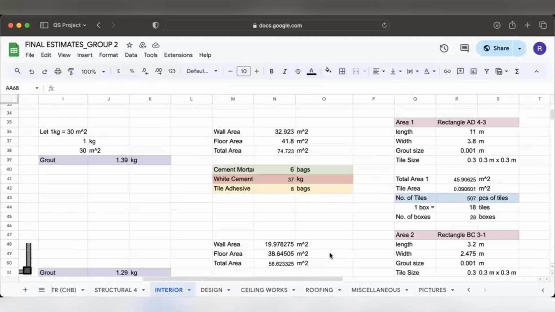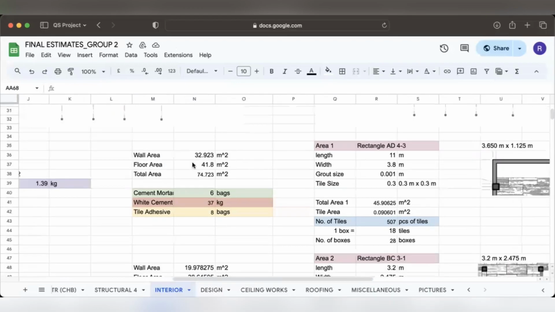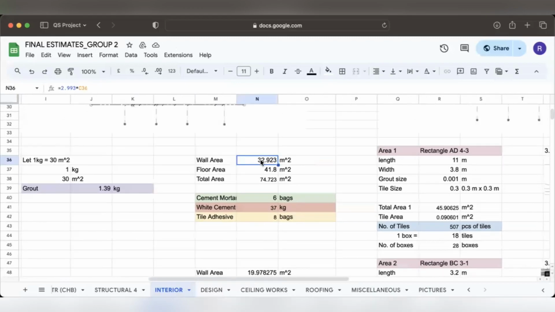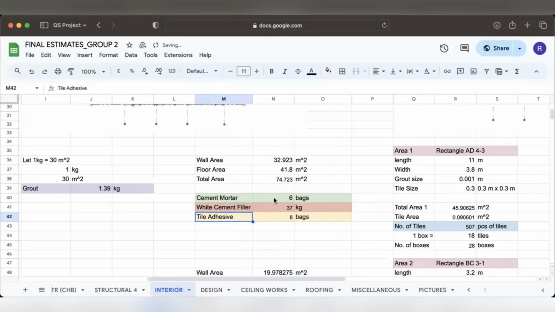And to get the cement mortar, white cement filler, and tile adhesive, we're going to use this given data. The wall area is equal to 32.923 square meters, floor area of 41.8 square meters, with a total area of 74.723 square meters. To get the cement mortar, we're going to multiply the total area by the standard of the cement mortar,